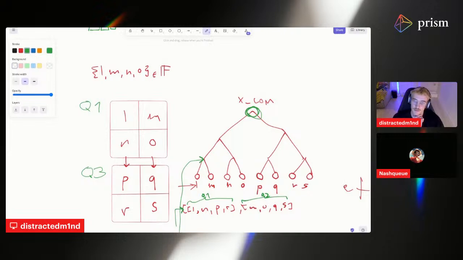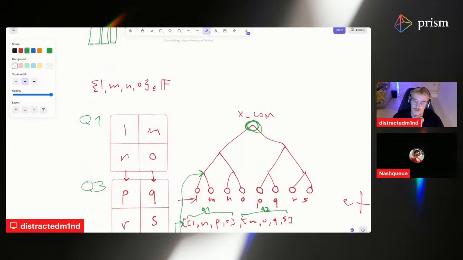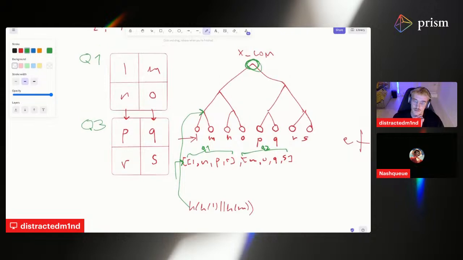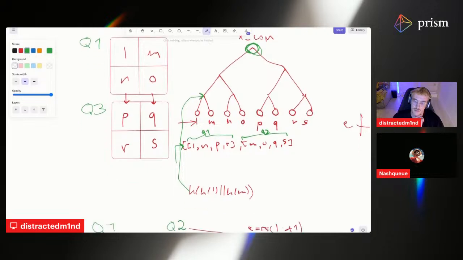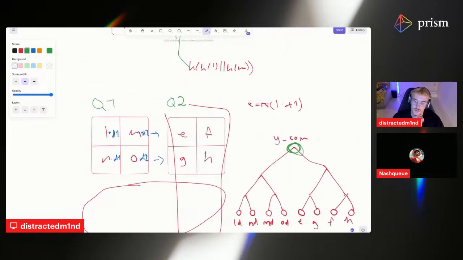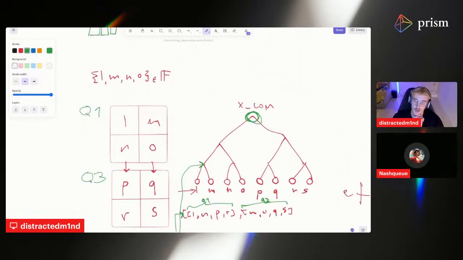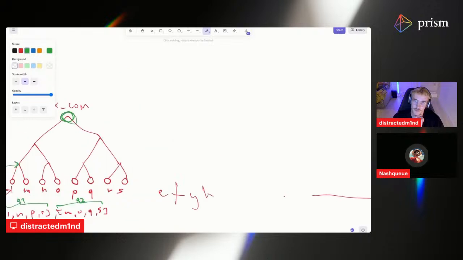And you need to prove the rows in Q1, Q3 against the commitment of X. And you need to prove the columns in Y against the commitment of Y. And then what ZODA does in the verification is multiplying a row against the column, like having a dot product, I think, and then you get the randomness out of it.